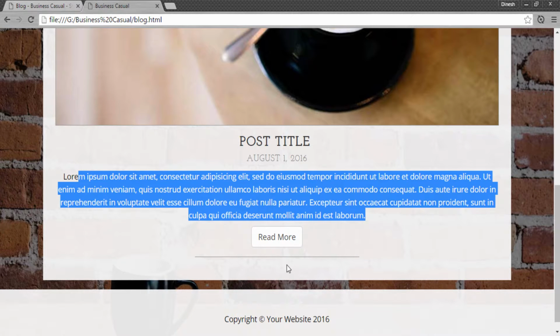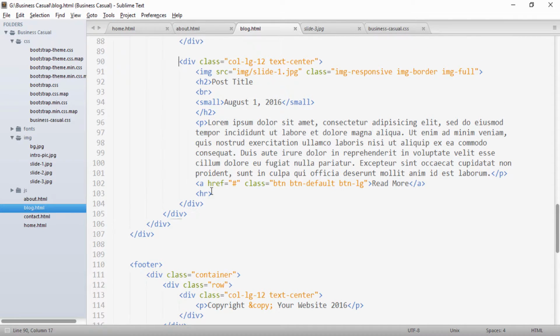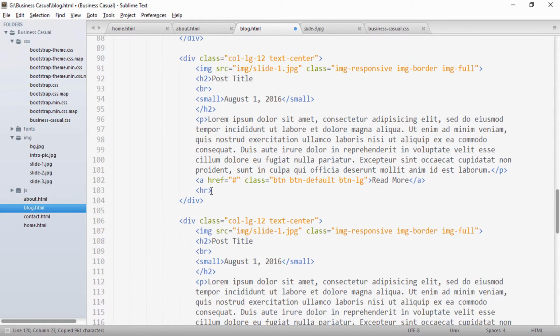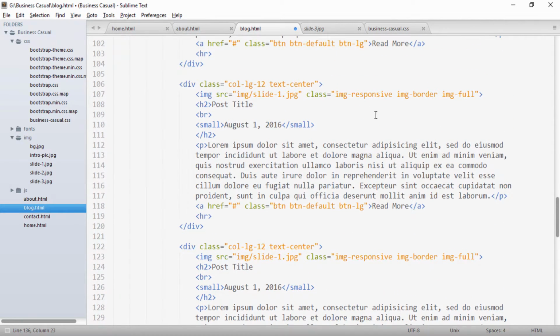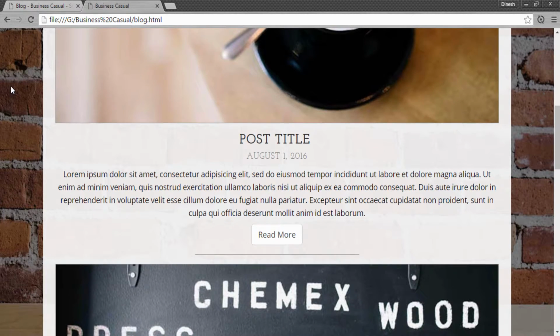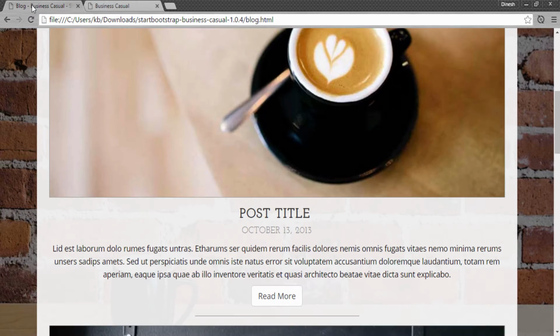So I will just copy this whole stuff and paste it 2 times below because we have 3 posts here. So here I will just copy this div and paste it 2 times below, and let's say change the image from 1 to 2 here, and here from 1 to 3. If I save it and show it to you on the browser, then you can see it comes up like this, which is exactly our original site. If I show you here,